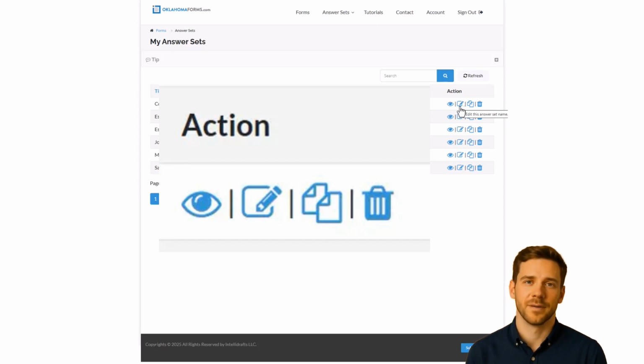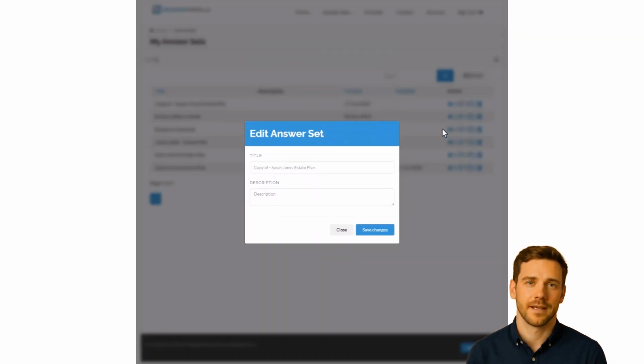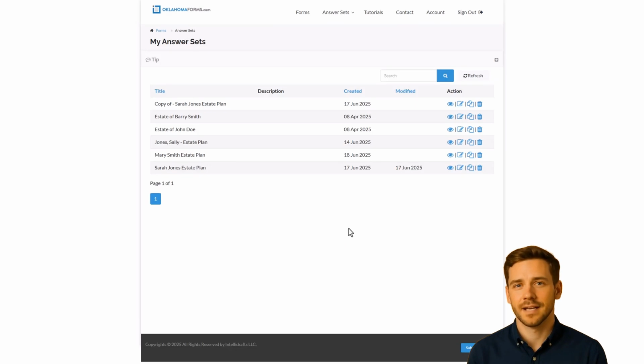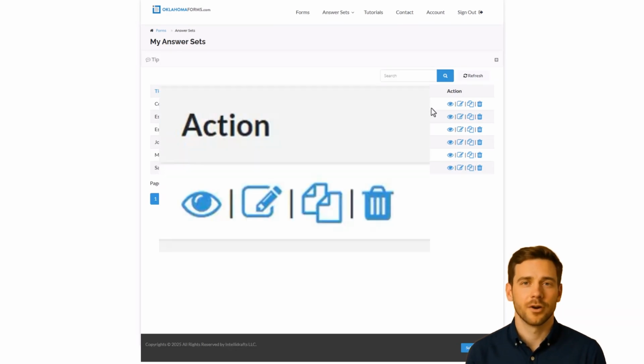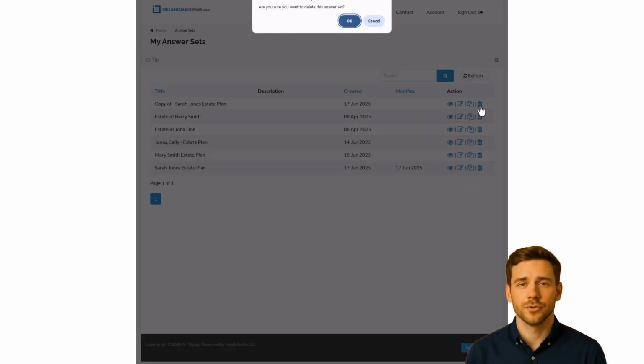If you click this button, you will be given the option to edit the name of the answer set. From here, you can only edit the name, not the contents of the answer set. The contents of the answer set can only be edited from inside of an interview. The other new button looks like a trash can, and, as you can probably guess, it is used to delete